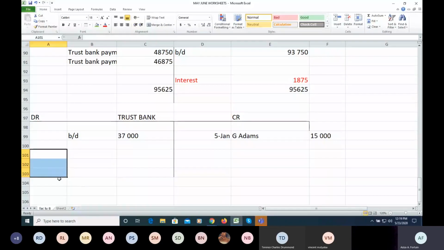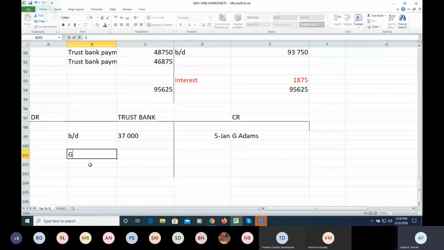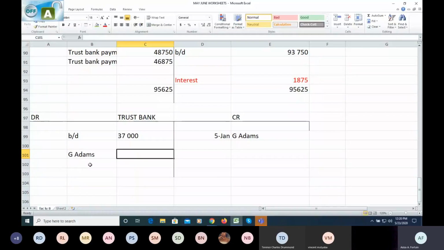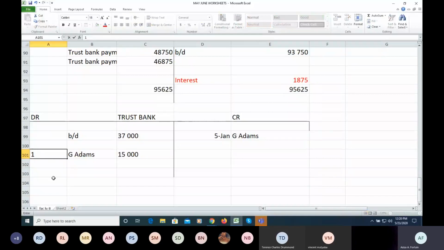G. Adams decided to divorce his wife and deposit a bank guarantee check of 15,000. So that is for Adams. The 15,000 goes into the bank account, and that is the first. Right? On the 14th,